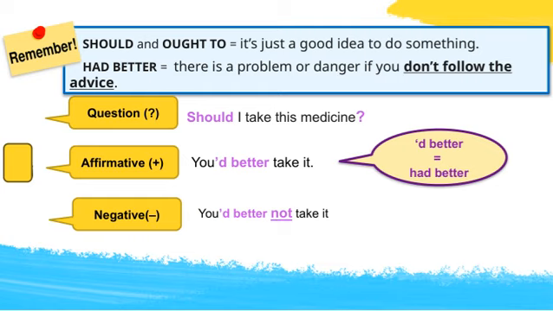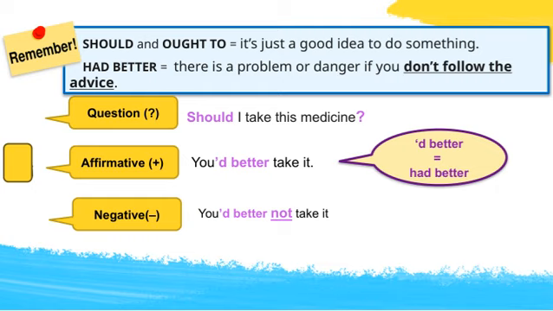Next, we have questions like, "Should I take this medicine?" That's a typical way to ask for advice. And when we use should or ought to, we're saying it's just a good idea to do something, nothing too forceful, just a recommendation. Remember, the key difference with had better is the sense of warning or potential danger if